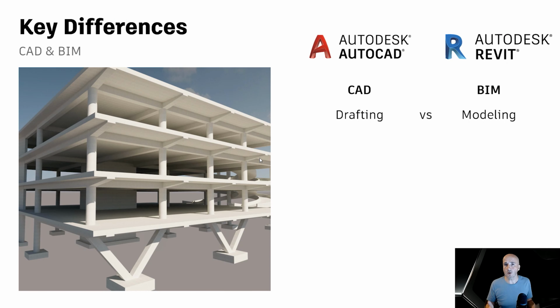Now, let's take a quick look at one of the major differences between AutoCAD, a well-known CAD software, and Revit, a popular BIM authoring software. Naturally, this discussion could lead us down many paths, but I would like to start with the fundamental differences in the workflow. With all its tools and sophisticated features at its core, AutoCAD is essentially a digital drafting board. It doesn't fundamentally change the basic drawing workflow utilized by many design professionals in any noticeable way.